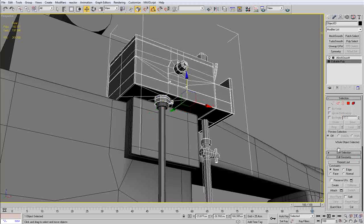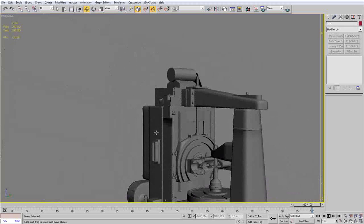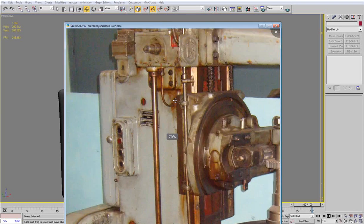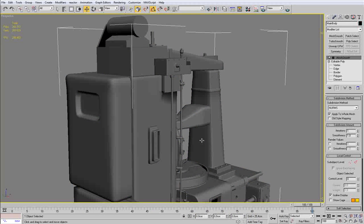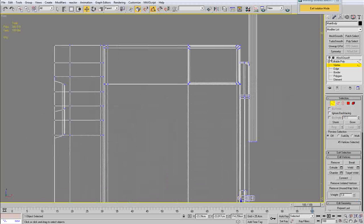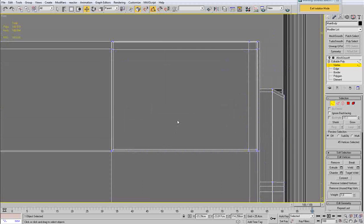When that part is ready, I'm going to attach it to that main element at the top. And now we're going to create the bolts that we talked about in the beginning of the video, but it seems that I forgot about them. We're going to do them now anyway. So yeah, go into the front view,